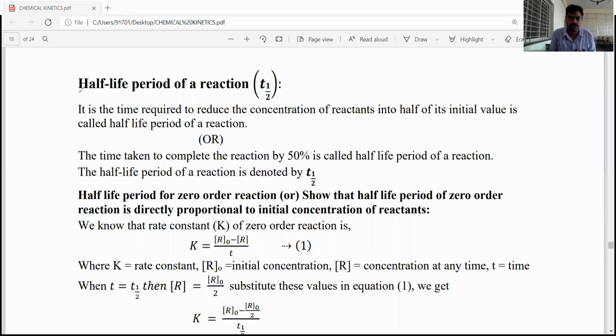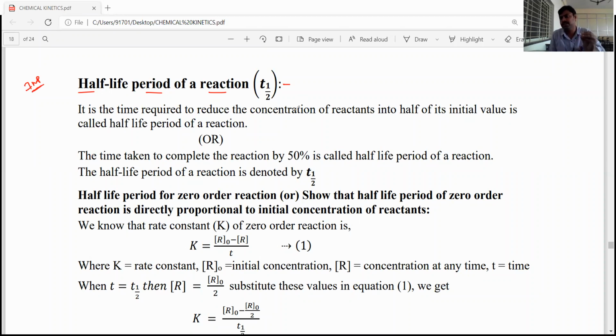Today's class we will discuss the half-life period for a reaction: half-life period for zero order reaction, first order reactions, second order reactions, and nth order reactions. Half-life period formulas and related graphical representations we will discuss, and it's a very important concept, dear students, for both subjective and objective exams. We know very well, dear students,